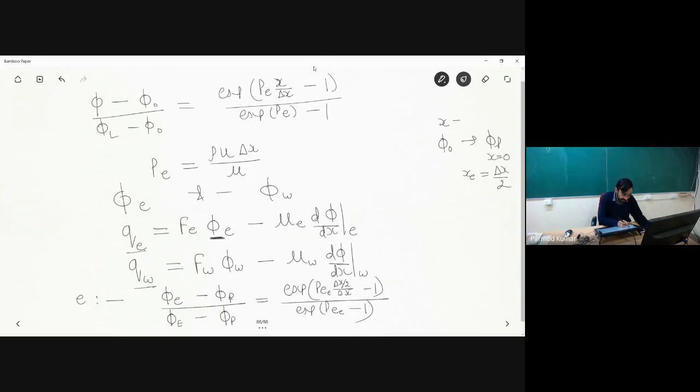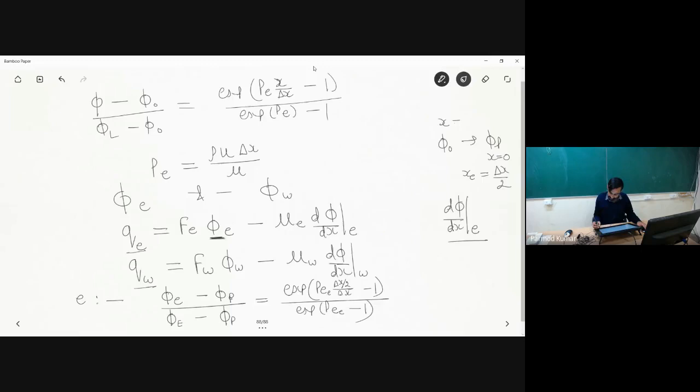Similarly, I am having the expression for phi. So from here, can you find out d phi by dx? For finding out d phi by dx, what do you have to do? You have to take the differentiation of this particular equation, and this d phi by dx, once again, you have to calculate for phase E. Is this point clear?